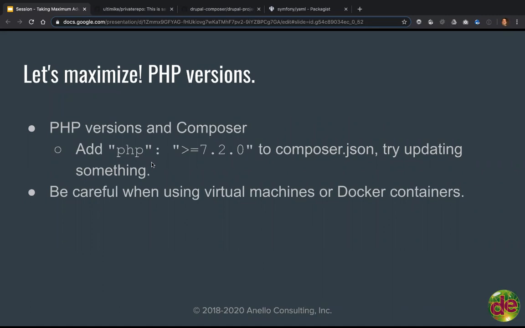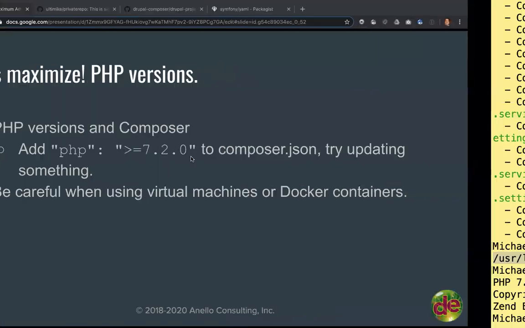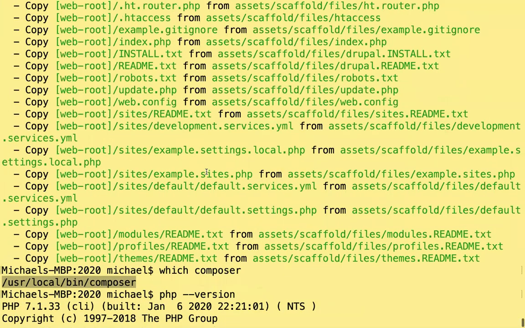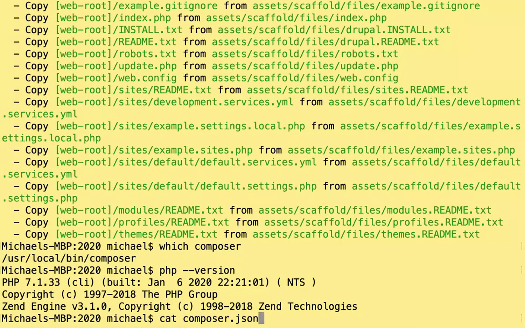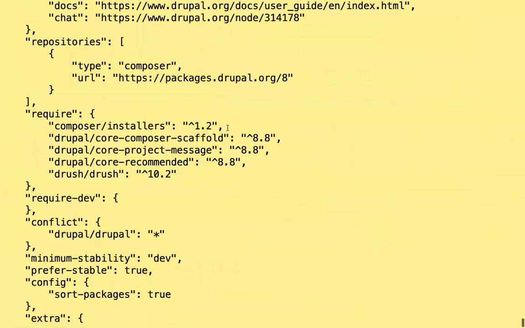Yeah, so I could do a demo of that, but I think I'm going to skip that demo in lieu of some other demos I think are more interesting. But basically what I was going to show you is you can actually add a dependency. Well, here, I'll show you part of it. Let me just cat composer.json. If we look at my composer.json again, I can add a requirement here